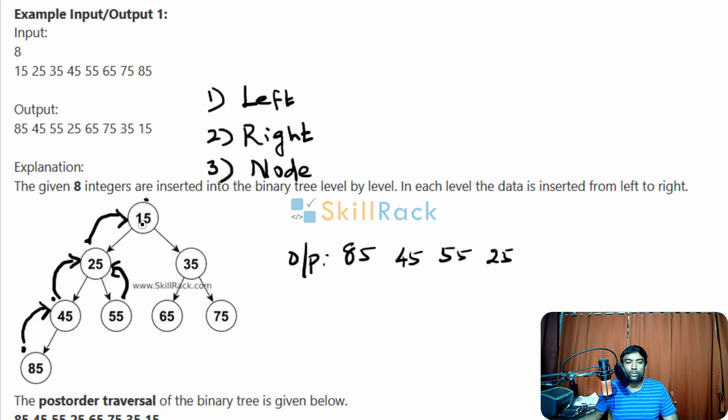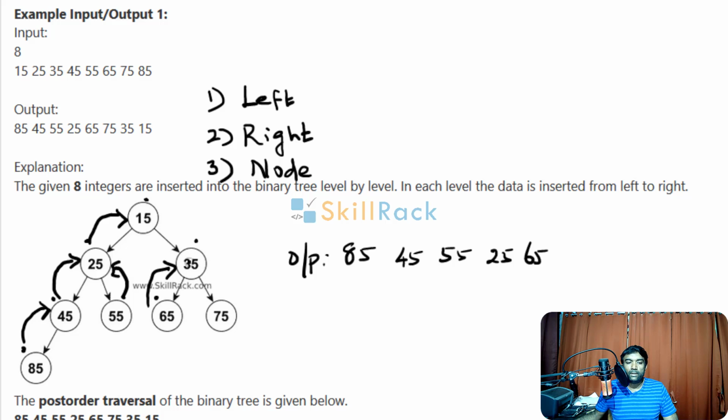So here in root node, left subtree is printed. Then what is the step? Right subtree. So the control comes to 35. Now for 35, left subtree must be traversed. So control comes to 65. For 65, there is no left subtree. Then you are checking whether right subtree is there. No. Then you are printing the node value itself. So 65 is printed. Because for 65, left, right and the node value are printed, the control goes back here.